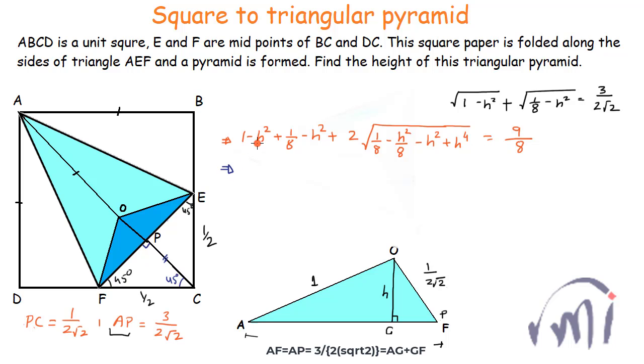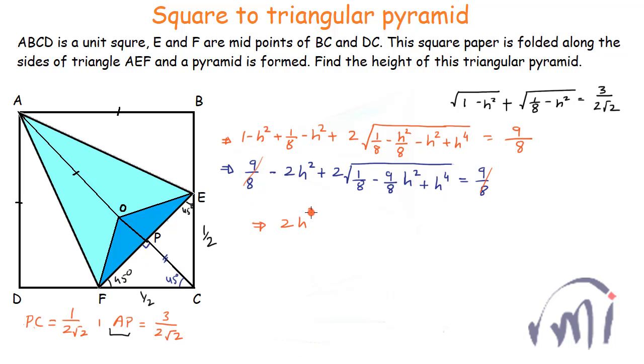So from here you will get 1 plus 1 divided by 8, that is 9 divided by 8, minus 2h square plus 2 times square root of 1 divided by 8 minus 9 divided by 8 h square plus h to the power 4 is equal to 9 divided by 8. So this 9 divided by 8 will cancel this 9 divided by 8, or you can say 2 times h square is equal to 2 times square root of 1 divided by 8 minus 9 divided by 8 h square plus h to the power 4, and this 2 will cancel this 2, and from here if I square both the sides,